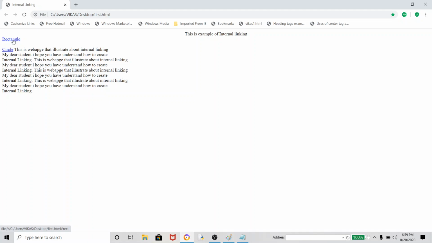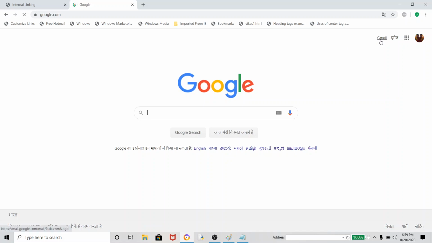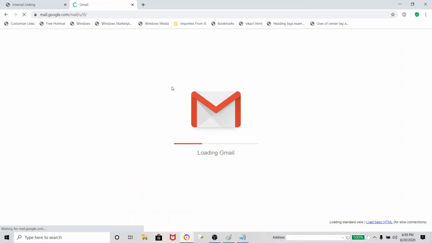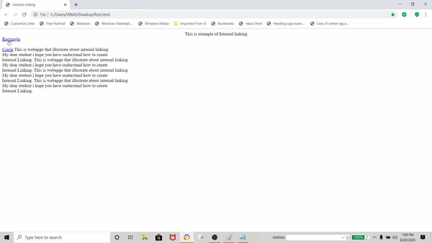Hypertext name, we are writing regarding what? Content. For example, my dear students, I may open google.com. Google page has to open. Look here, it is given here Gmail. We all know that if I click here, it will open the Gmail page. I will show you. Look here, it is going to open Gmail. It is my login, so it is showing loading Gmail. Clear? So look here, that is Gmail.